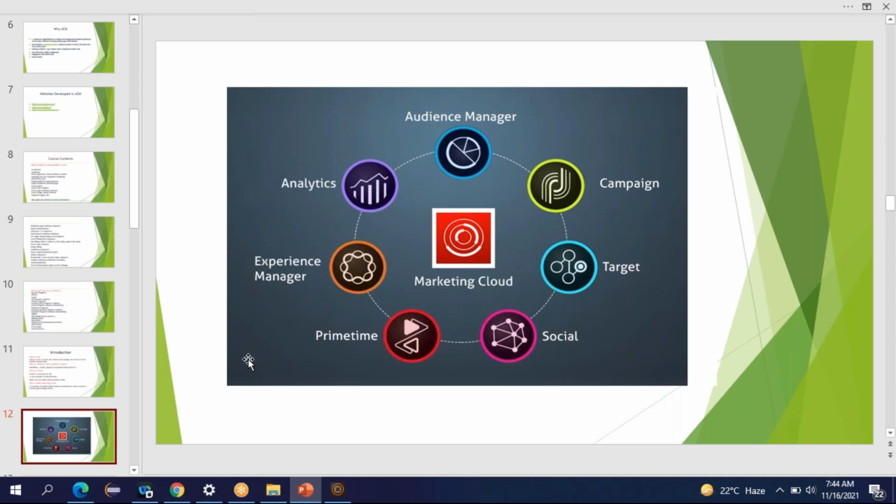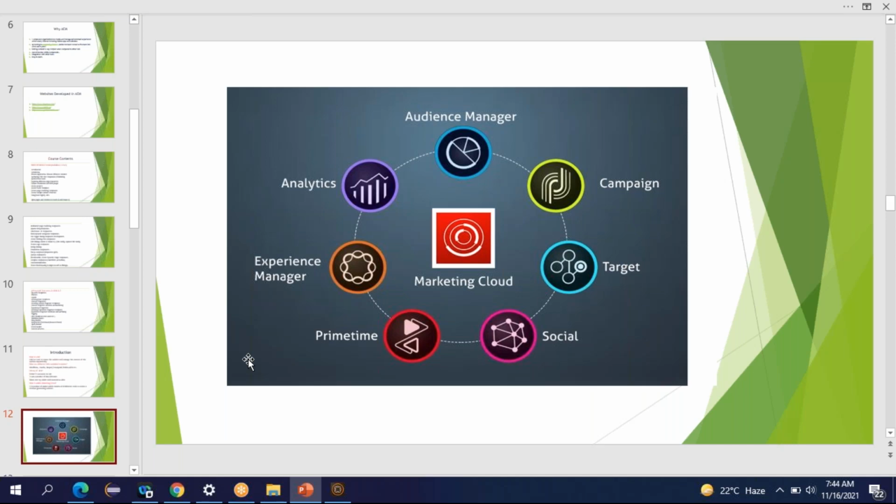When the customer buys that, they get all the tools provided by it. Using those tools, they can easily create a revenue generating website. If you want to create a revenue generating website, Adobe Marketing Cloud provides a complete solution for that.